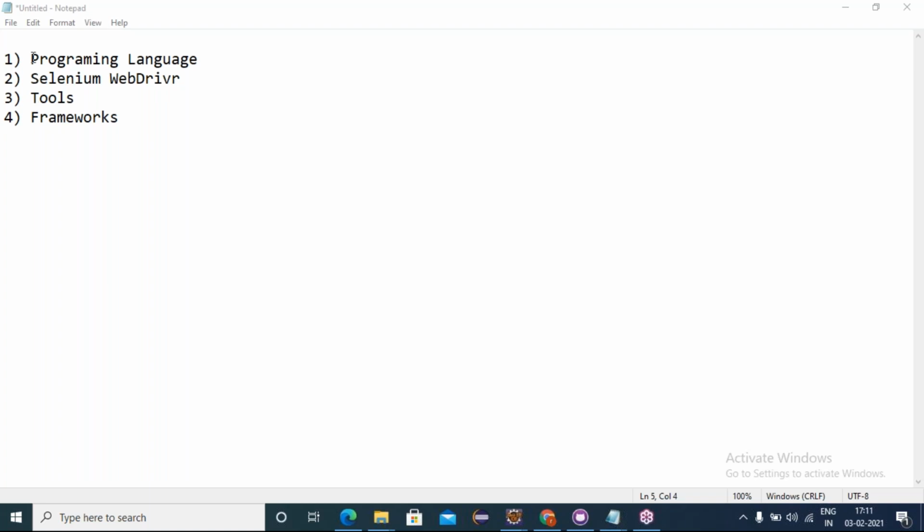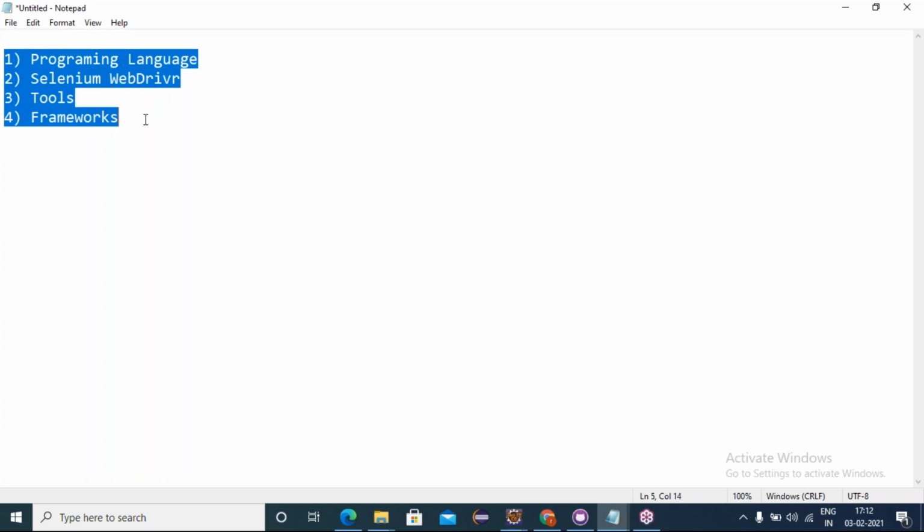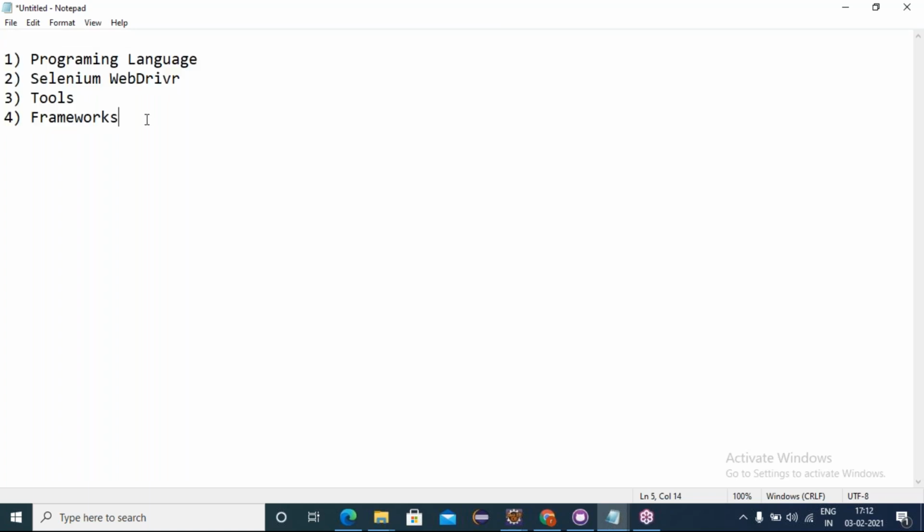Okay, friends, these are the things mainly required to learn automation, not only Selenium, any automation. What kind of programming language should I know?